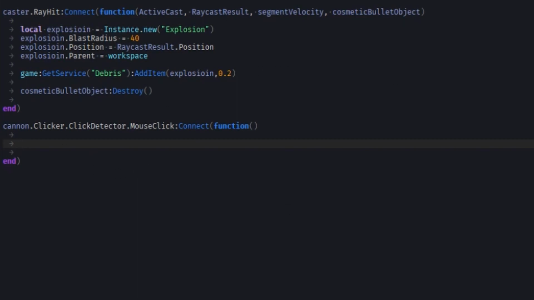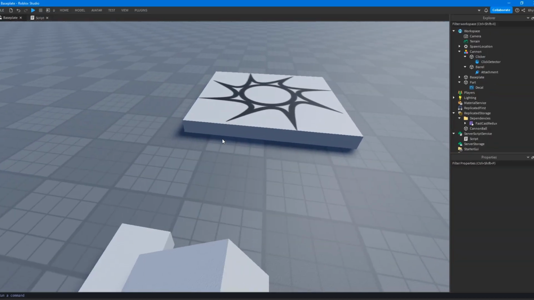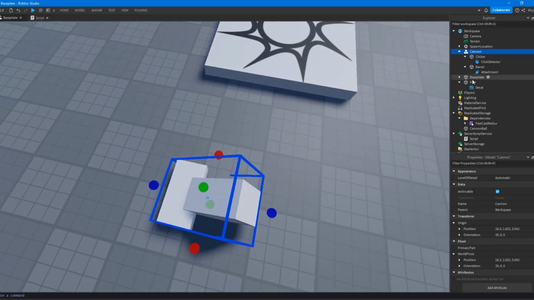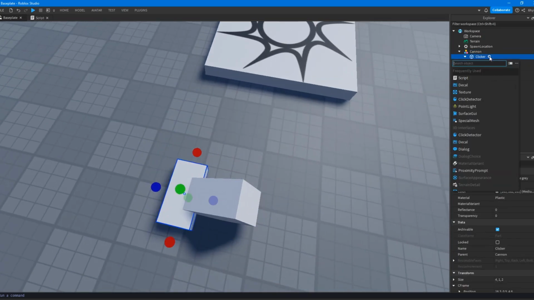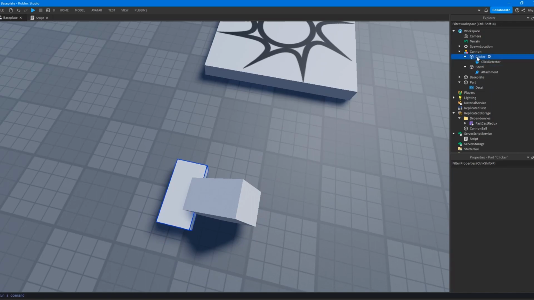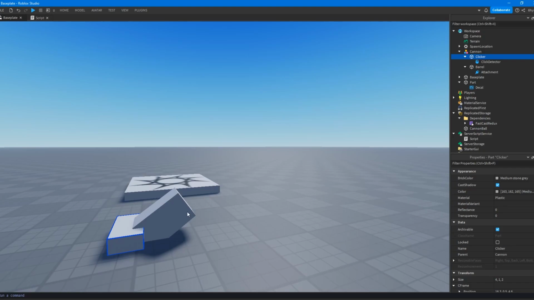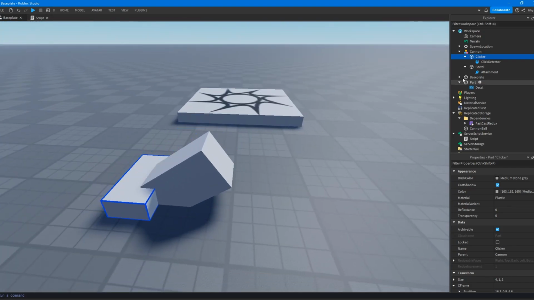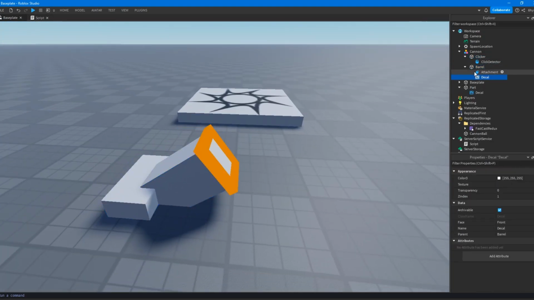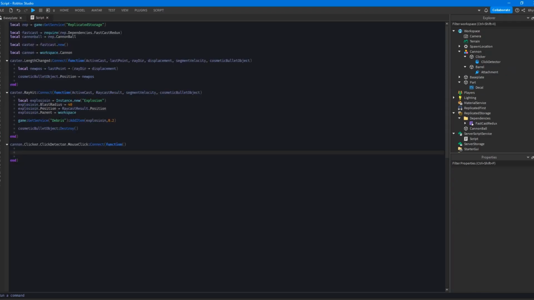So the way we'll do that is, let me think of some, hold on. Let me think. So we're going to need to figure out which way is going to be the front. So we'll actually just use this clicker. We'll use the direction of this. Or maybe we'll go up. Maybe we will just use the direction of this part. Maybe that is the face. Yeah, I think I'll just use the face of that.